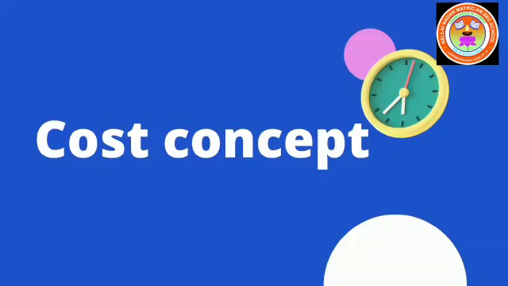Cost concept. By this concept, the value of an asset is to be determined on the basis of historical cost, that is, acquisition cost. Although there are various measurement bases, accountants traditionally prefer this concept in the interest of objectivity. When a machine is acquired by paying rupees 5 lakhs, following cost concept, the value of the machine is taken as rupees 5 lakhs. It is highly objective and free from all bias. Other measurement bases are not so objective.